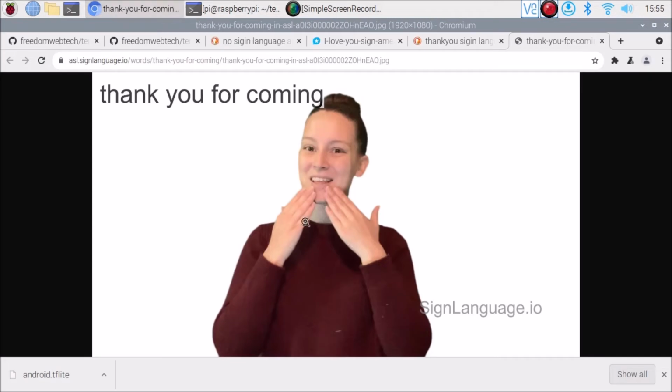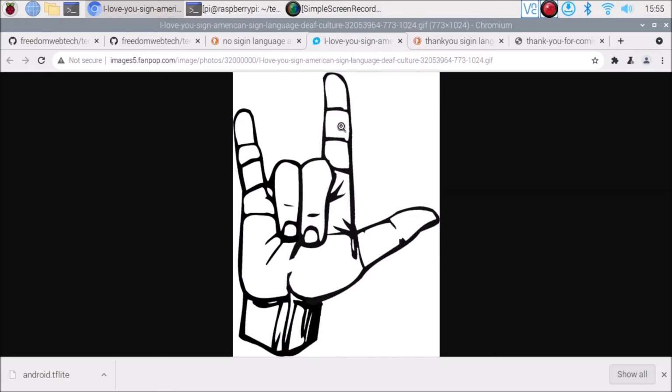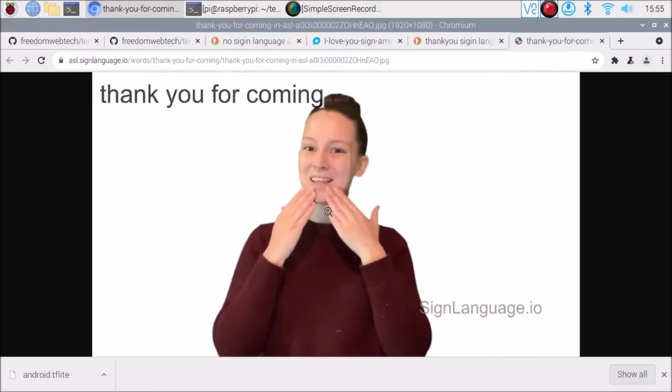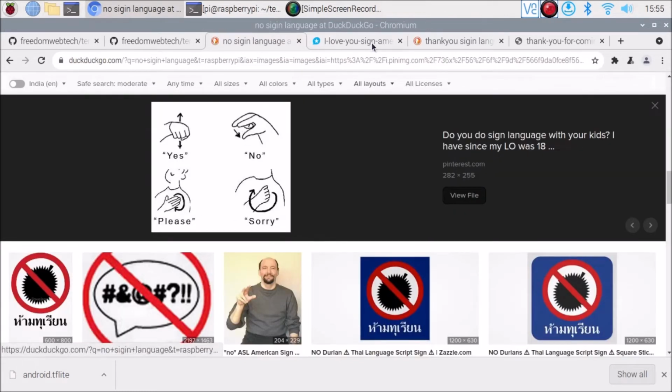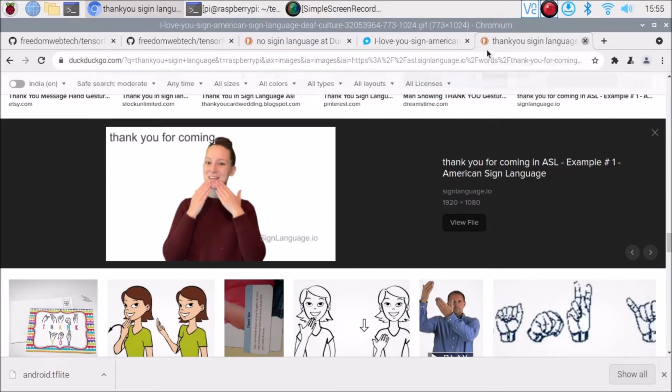Now again open the Thonny Python IDE, and as I mentioned, friends, we are going to detect sign languages. So we are going to create here the yes sign language, the no sign language, then this one, the I love you sign language, and then this one, the thank you. As you can see, the thank you. So 4 sign languages we are going to detect with our own custom model: yes, no, I love you, and thank you. Okay, so now I am going to close all these images.